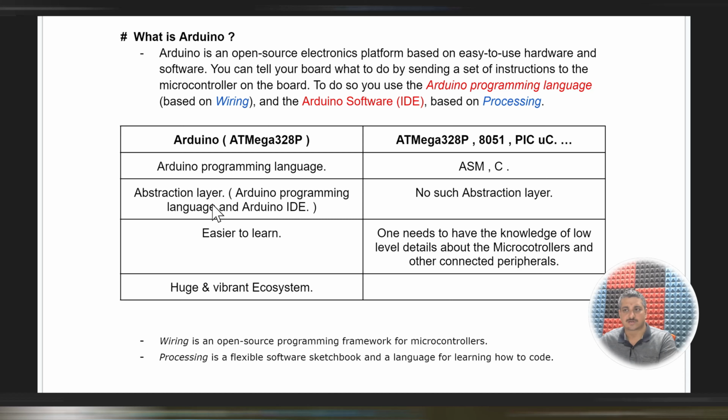and you can develop your own project. Okay. Now, the next point is that Arduino has a huge and vibrant ecosystem, and there is a very supportive community. If you get stuck somewhere, there are many people to help you out. Okay. Now,